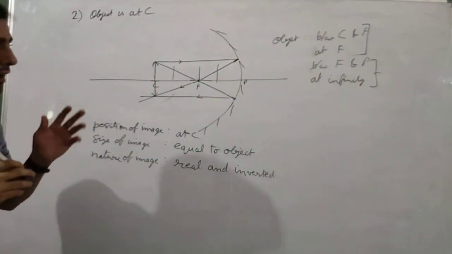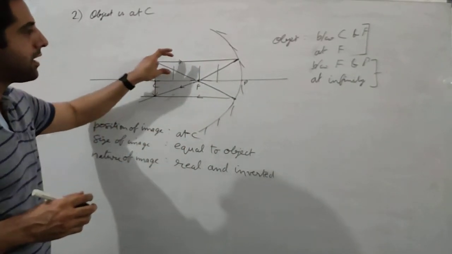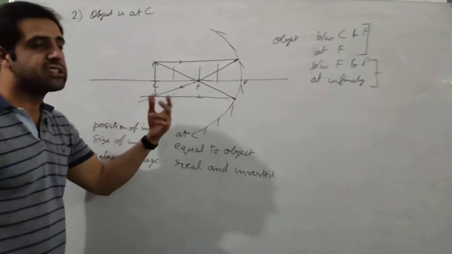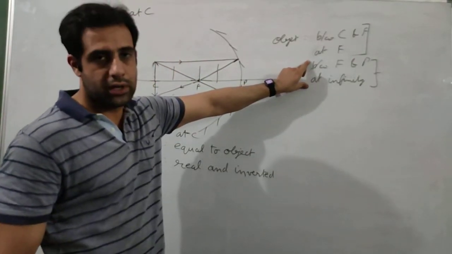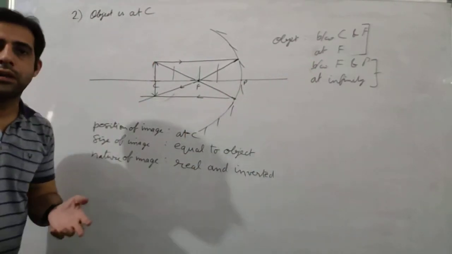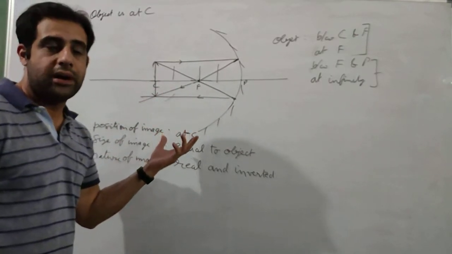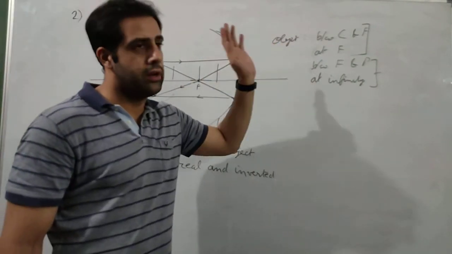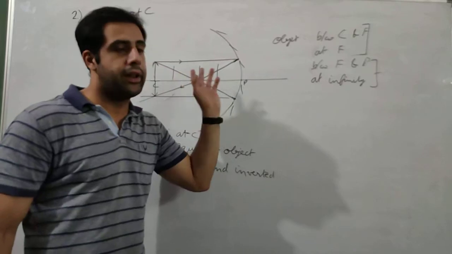Now remember, there are infinite number of rays coming, so there is no rule which rays we are taking. Here we are taking 2 rays because the diagram will be much clearer and much more self-explanatory if we draw it like this. But this rule will not be applied on these two cases. Here we will draw the diagram in a different way. So a diagram can be drawn in many ways. We have to choose which one is the best way, which one will get us more marks, and which one can convey the concept properly. So these we are going to do in other videos. Make sure you study them properly beforehand so that the diagram becomes clear.